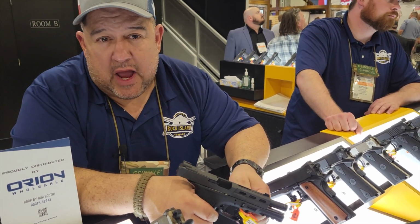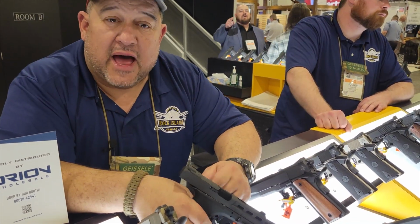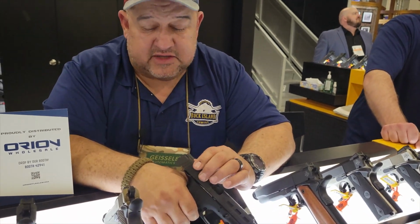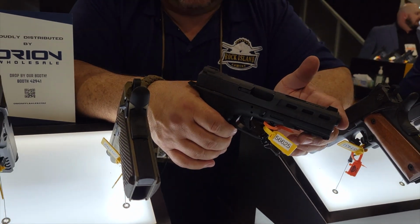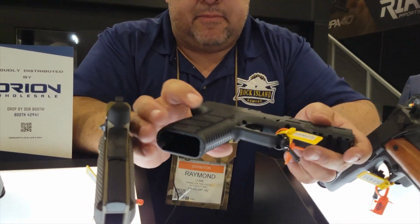You just have to try it. It's very different from what you'd expect from this type of gun. Being that the bottom is metal and not polymer, it makes it feel a lot different in the hand and then when it's operating. Very, very smooth, flat, and sure grip on it. So you kind of see the different cuts in it. It's got a bottom